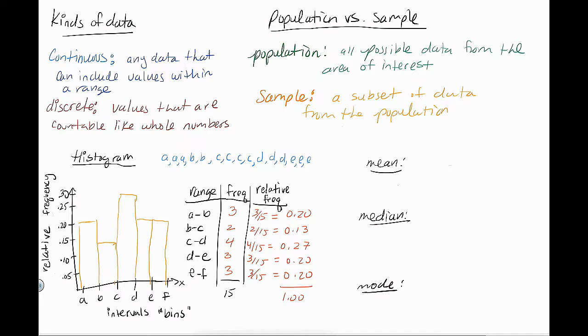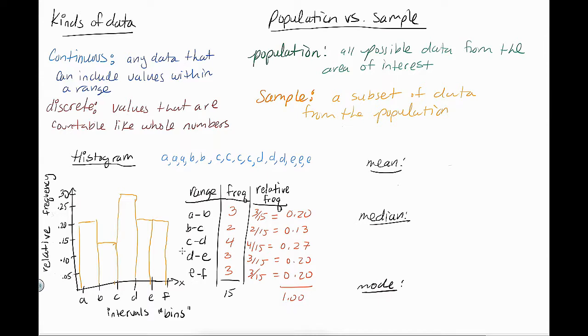The relative frequency is essentially the ratio of the number of outcomes in that particular range to how many total there were. So, for example, the relative frequency of any data points that were in A to B was 3 out of 15. So its relative frequency is 0.2. So I did that with all of the frequencies here, and I got 1.00. You sum all these up. Now I did have to do a little rounding, so it's possible I could have gotten 0.99 or 1.01.